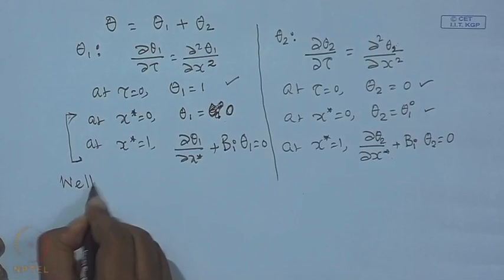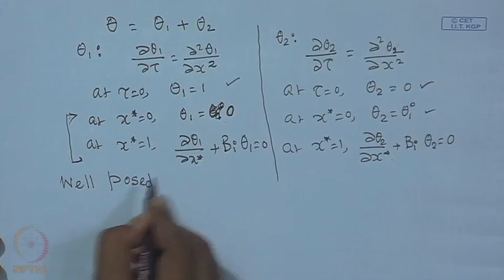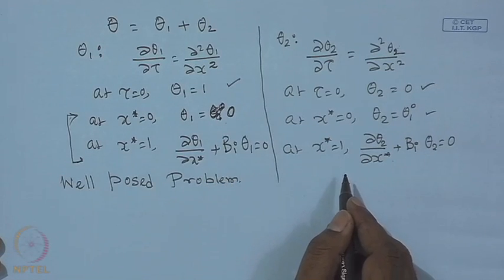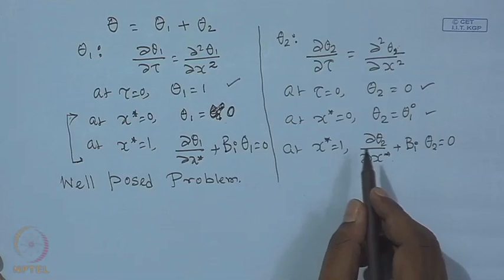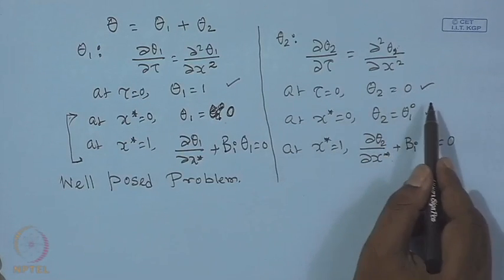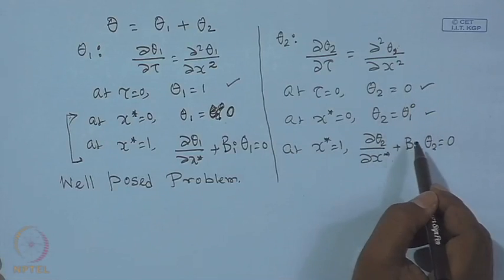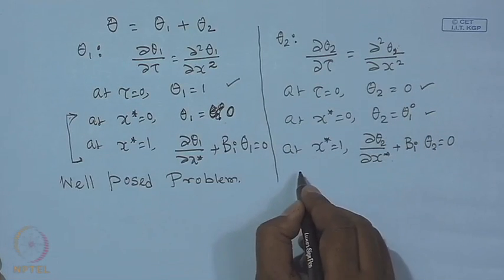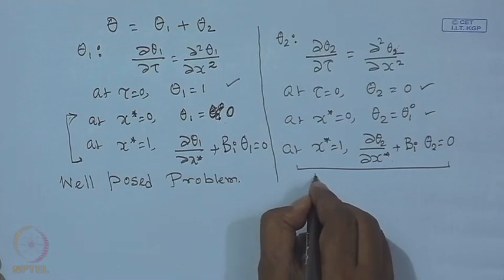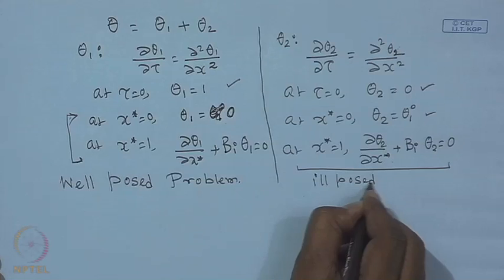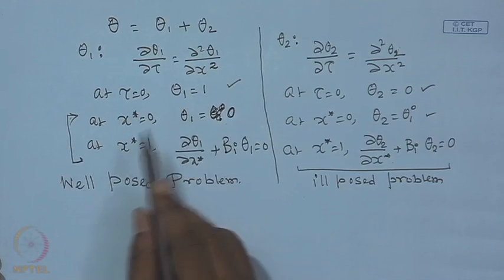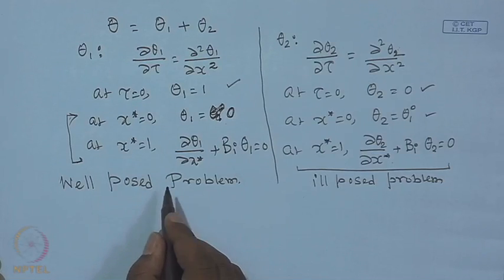So, this is definitely a well posed problem, and if we look into the problem number theta 2, the second sub problem, the initial condition is homogeneous, but one of the boundary conditions is not homogeneous, it is inhomogeneous, the other one is homogeneous. So, therefore, this is an ill posed problem. We have already seen the solution of this kind of well posed problem earlier,